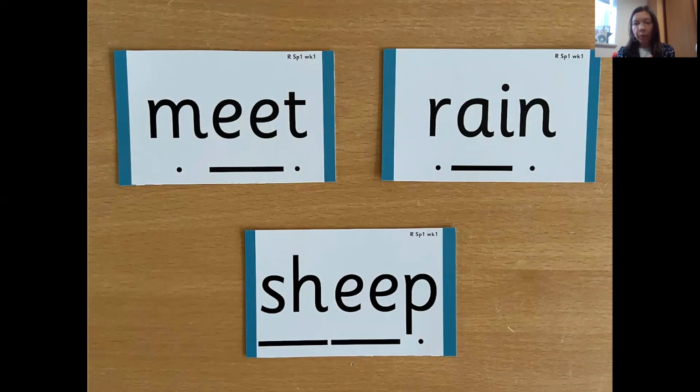Slightly longer words, we put a long sound button underneath, and that is for you. Remember, it's a digraph, it's the two letters making one sound. Eat, meat, rain, eat, sheep. And what we also do is, before we start reading the word, we'll say to the children, what